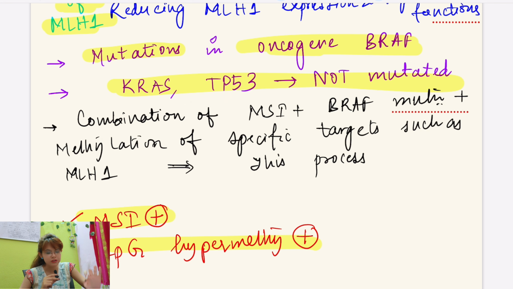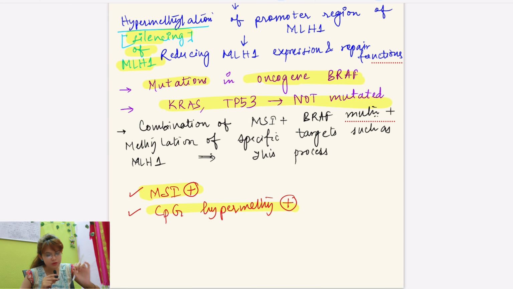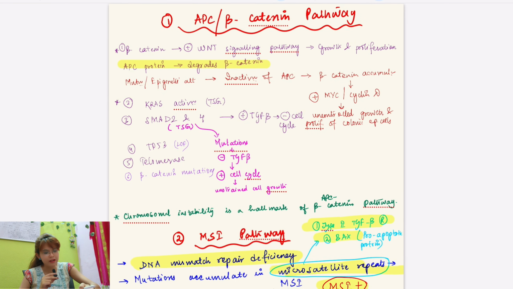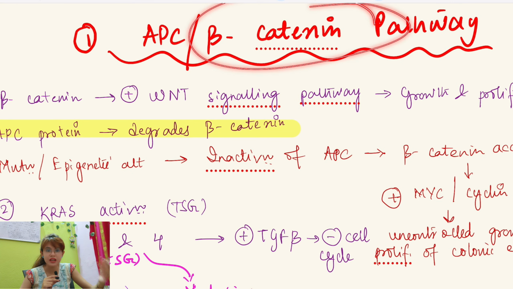I will repeat this once more, obviously, because I know that a lot of points you haven't yet understood. So the differences are what is the most important. That is what is highlighted for the MCQs. So I will just mention a very important point: in the first pathway, the APC gene was getting mutated and the beta catenin pathway was increasing.